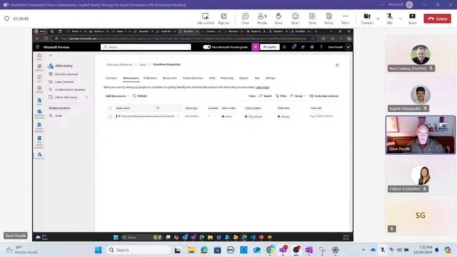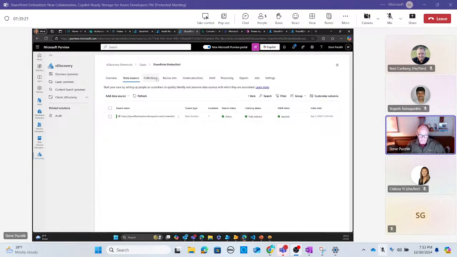Once the case is over, the litigation hold has been lifted. Now the execution of that content happens, meaning if it's older than 93 days, it's going to bypass the recycle bin and just be deleted. If it's within that 93-day period, it's going to go into the recycle bin so that you can do recycle bin activities. If it's active content, it's going to go back to active content. Okay, really no implication to the user there, but works the same way as other data sources that you would